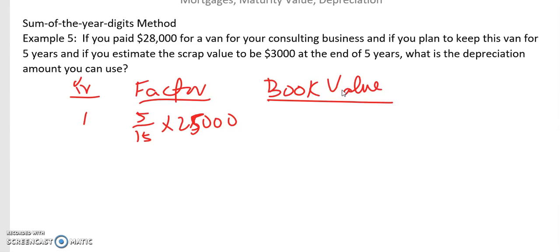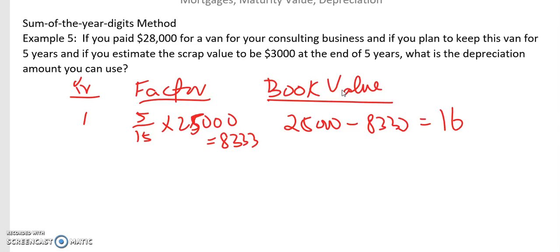I'll tell you in a minute. And that comes to about 8,333. And then you take the $25,000 minus 8,333. That comes to 16,667. So why are we getting 25,000 here? You would have guessed it, because you have $3,000